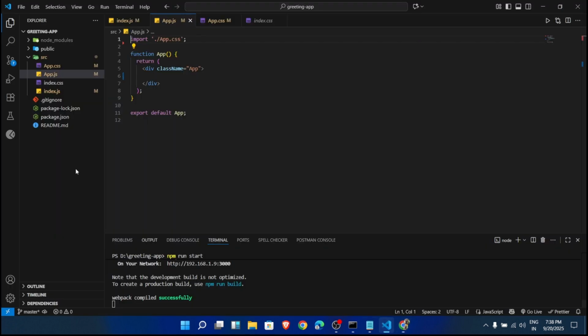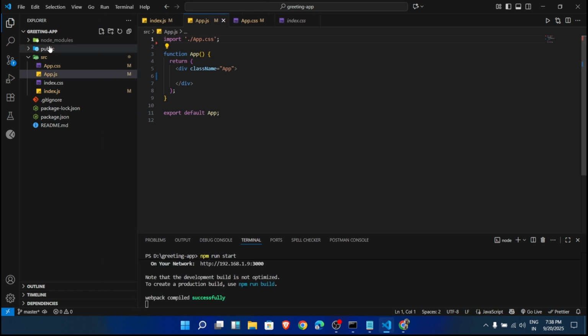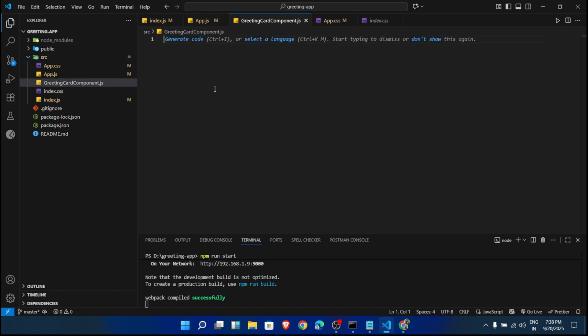Now, let's try to create a new component for our greeting card, and we will create a new file. Let's say GreetingCardComponent.js. Once it is done, the first thing we need to do is import React,